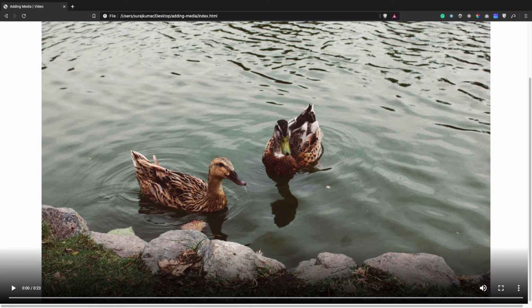Alright guys, in addition to the video element way to add a video on our page, there is one more way to embed a video from YouTube or Vimeo, etc. These websites allow us to upload our videos and then we can embed that video inside our page using inline frame. So to embed our YouTube video or Vimeo video, we must know about the inline frame. So before we experiment how we embed our video from YouTube or Vimeo, first of all we will learn about the inline frame. So in the next video, first of all we will learn about the inline frame, then we will experiment how we can embed a video or other media inside our